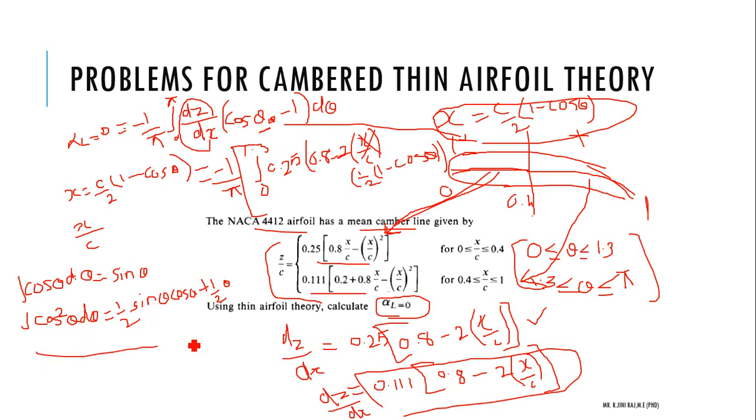So this is the clue, so that after substituting all those equations you will get problems like integral of cos square theta d theta. For that, just use this and you can solve. So we will get 1 by 2 sin theta cos theta. Sir, but for integral of cos square theta, how did we get sin theta? Is it 2 cos square theta minus 1 is cos 2 theta? Yes, 2 cos square theta minus 1 is cos 2 theta.